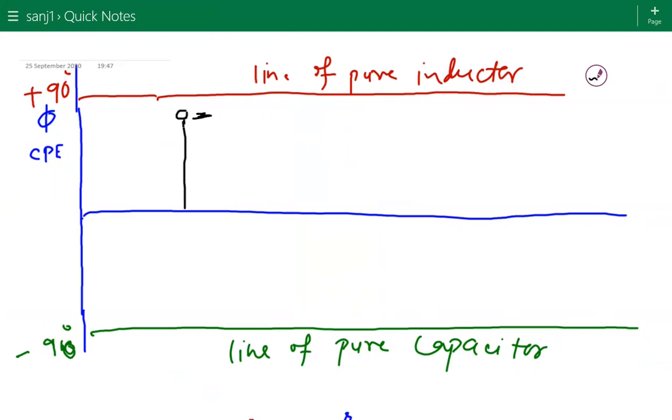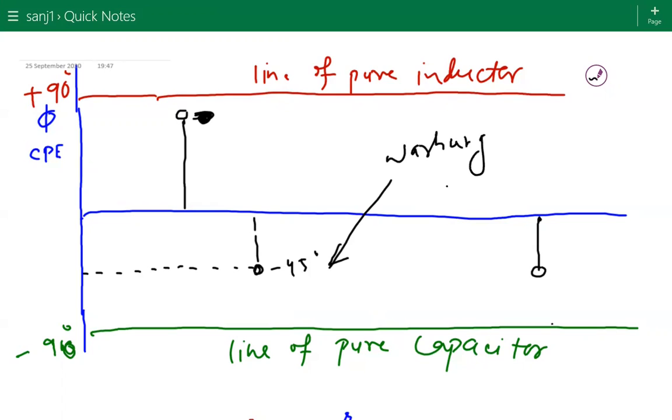This is not an inductor, but it is approaching towards an inductor. If the phase angle is somewhere here, then we will say that this constant phase element is close to a capacitor, but it is not a pure capacitor. And for example, if that phase angle is minus 45 degrees, then we will clearly say that this is a